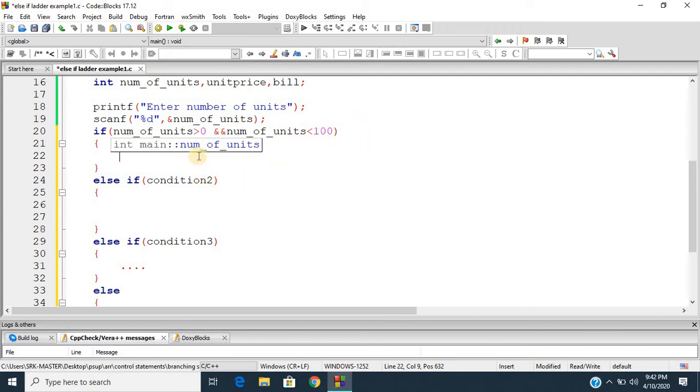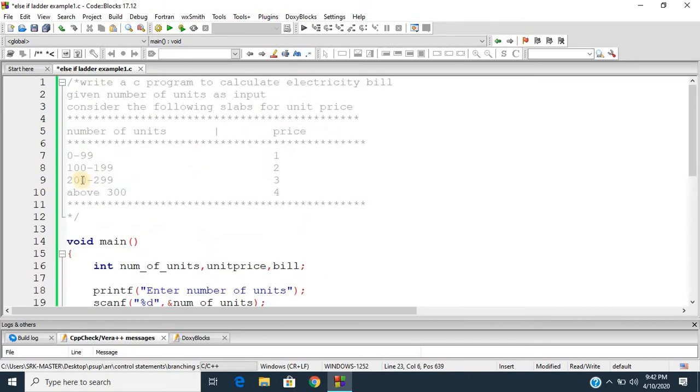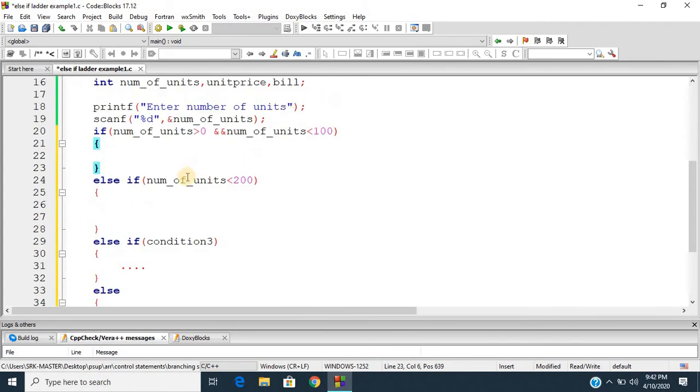We are assuming that the number of units we enter is a positive value, so we need not verify for the other case. Let us write down the second case, number of units less than 200. We haven't written another condition, which is 100 to 199. We are not verifying here